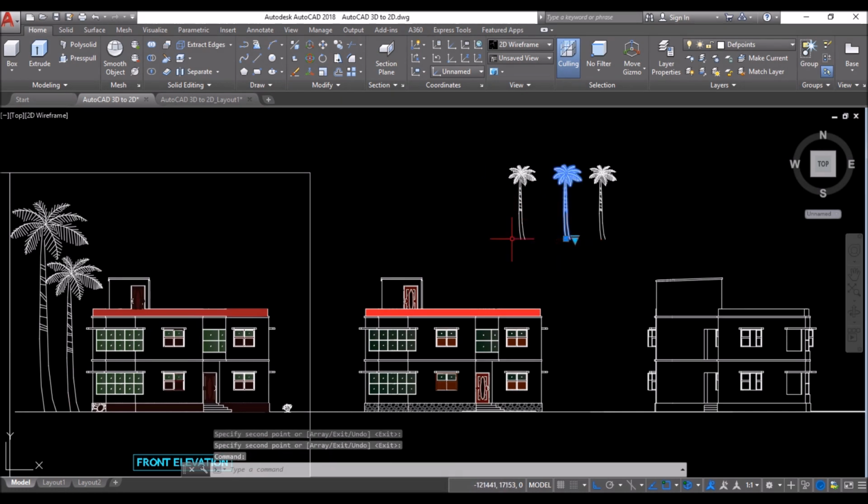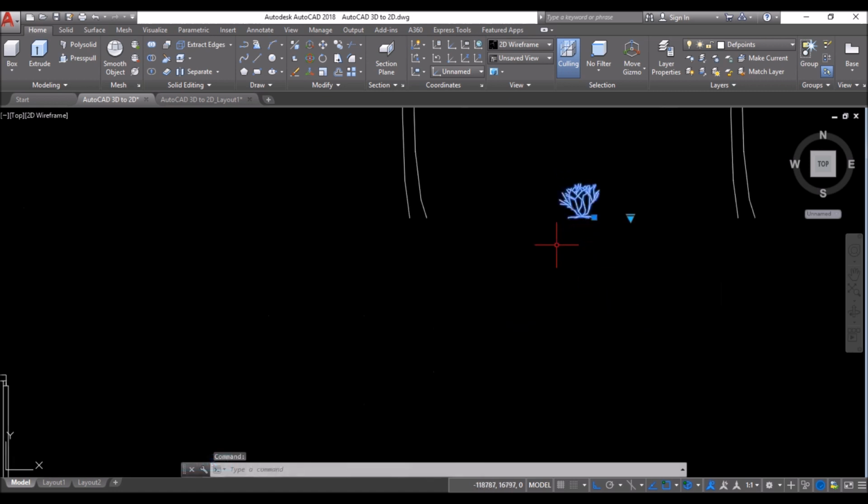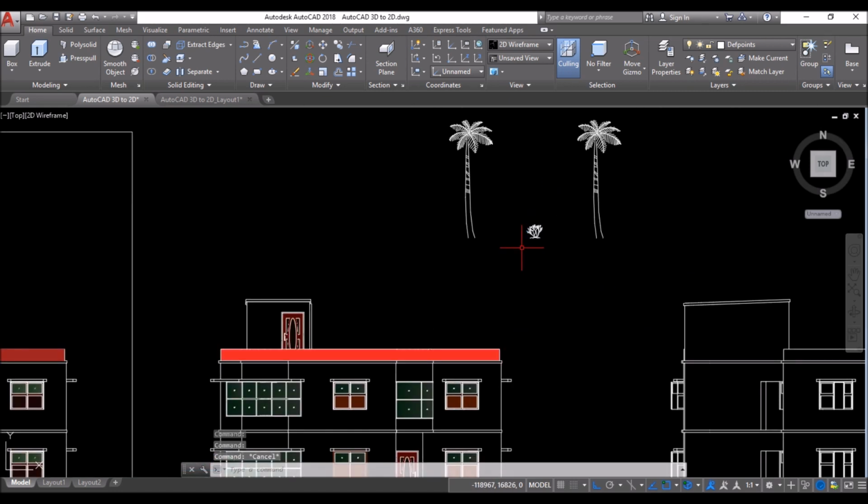Select this tree. Click on this downwards arrow. Select this shrub elevation. Then you just have to copy it to position and scale it to proportion.